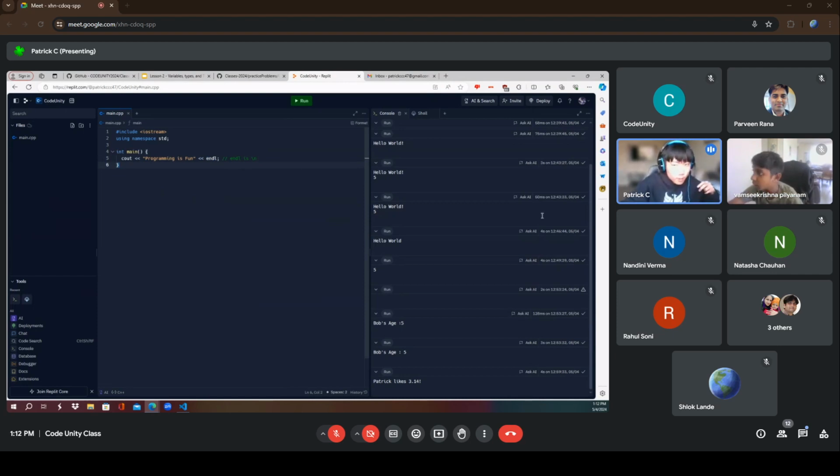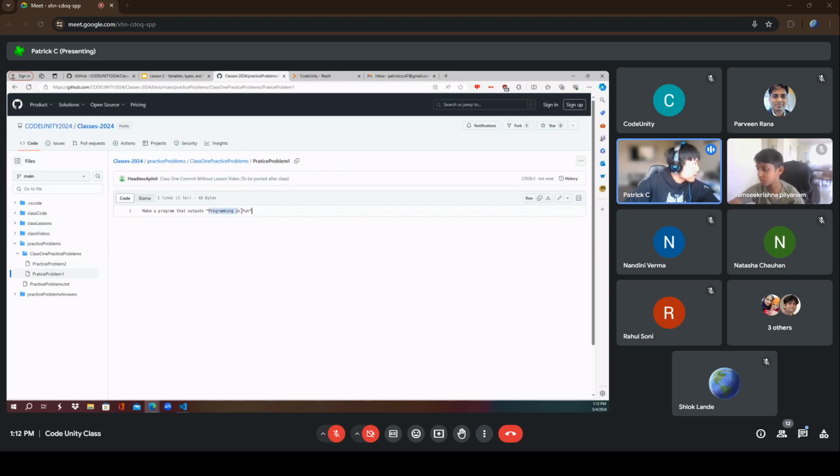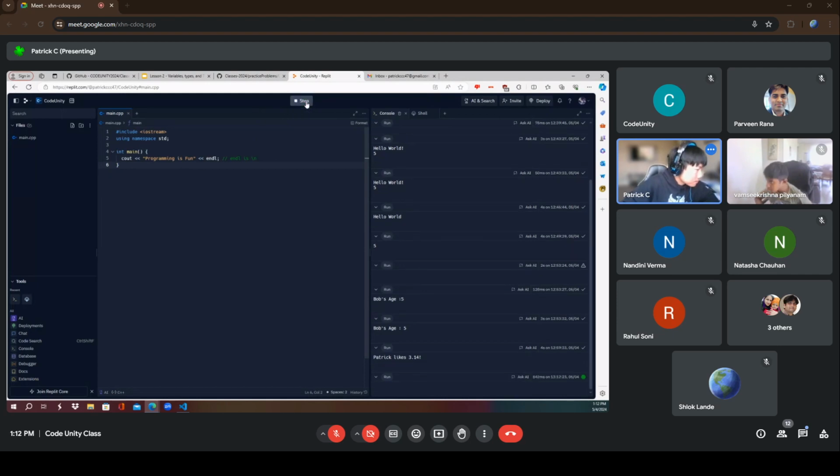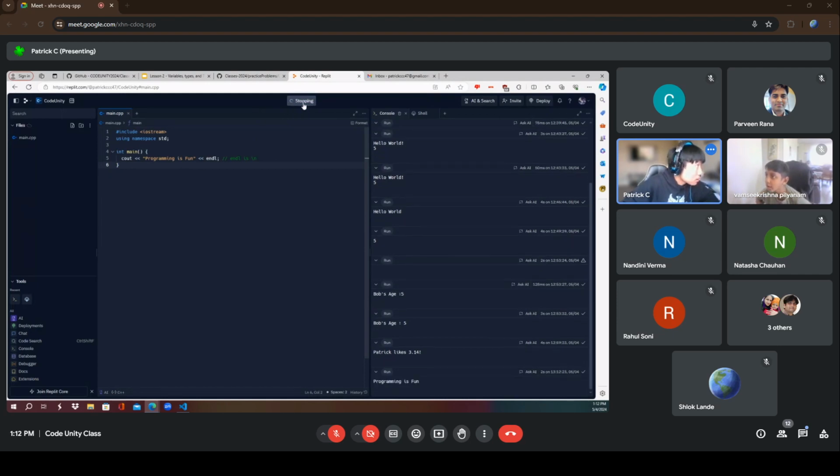If you don't want to type this each time, what I like to do is just do this, and it creates a blank line at the end. So back to the problem, programming is fun. This should be the code. If you run it, programming is fun. Okay, that is the first problem.